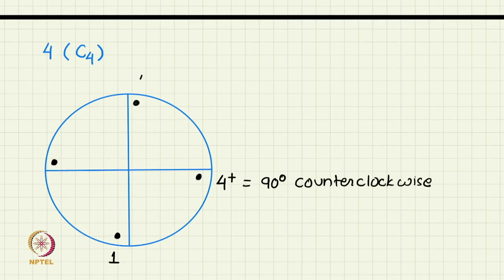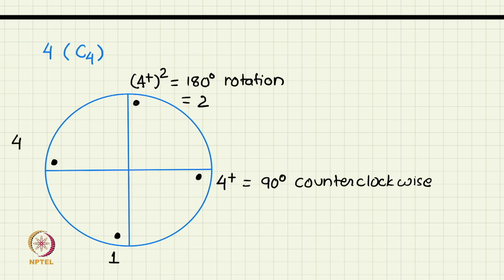Then this one is 4 plus square, but we have already decided on the convention that we will try to avoid using the powers. So, 4 plus square is actually a 90-degree rotation applied 2 times. So, this is a 180-degree rotation, and for a 180-degree rotation our symbol is 2. So, we will call it 2,